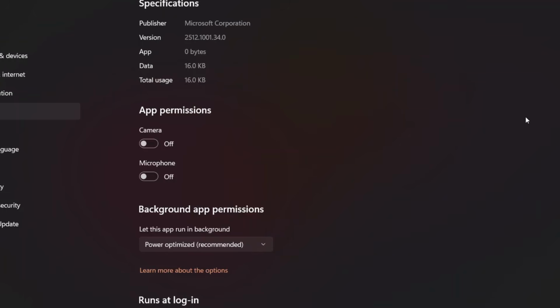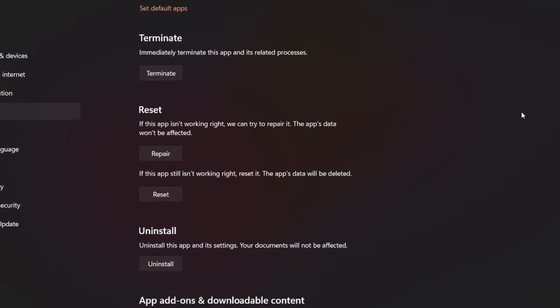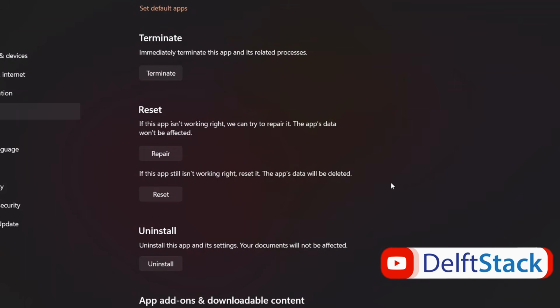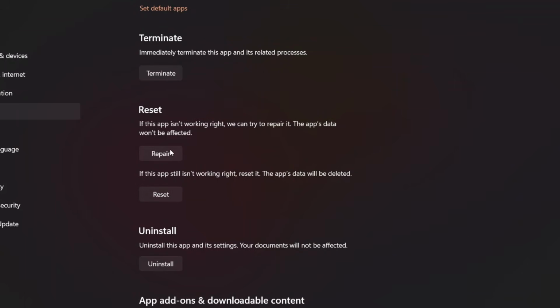Next, scroll down until you see the Reset section. You'll notice two options here that help fix crashing and update-related issues. Start by clicking on Repair. This option will attempt to fix the game without affecting your data, so it's the safest place to begin. Wait for the repair process to finish, then try launching or updating Black Ops 6 again to see if the